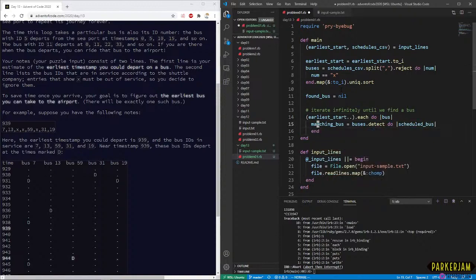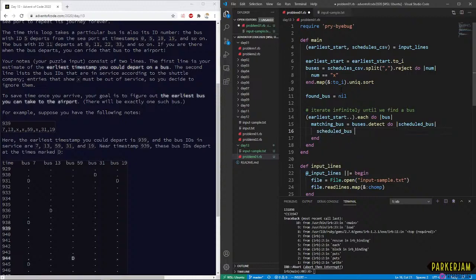I'm running out of variable names here. Oh god. Scheduled bus. So we want to find the first one where the first scheduled bus... There we go.